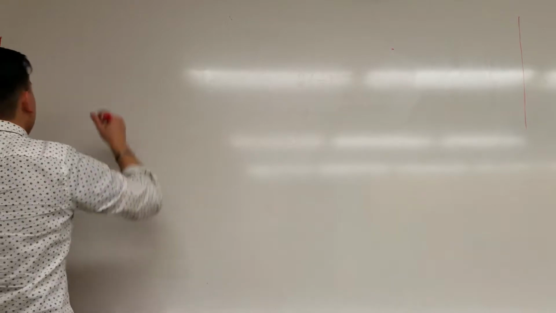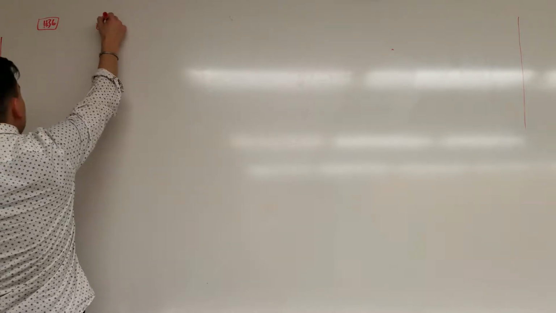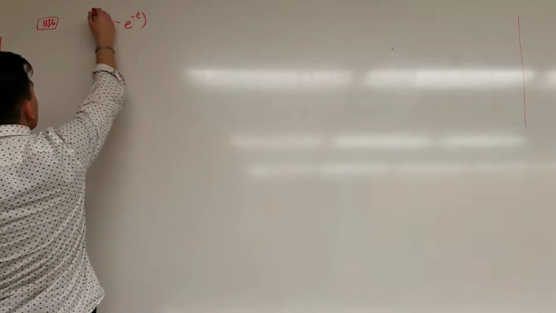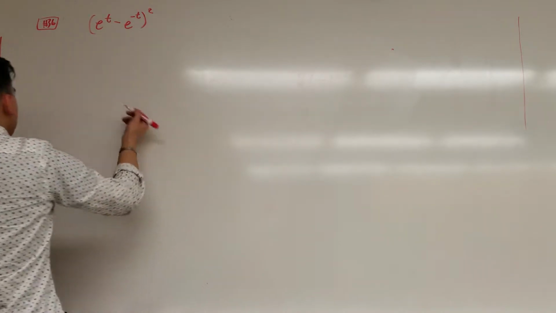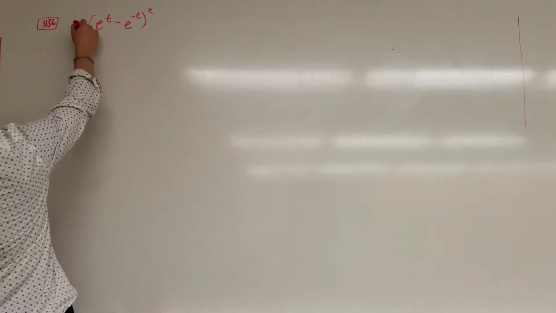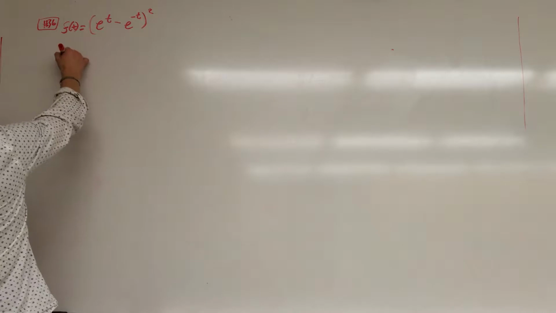Let's see another one. So another problem we have is e to the t minus e to the -t, quantity squared. Okay, so we want to find the Laplace of the function. Well, this is our function f of t. Great. So if we Laplace the function,